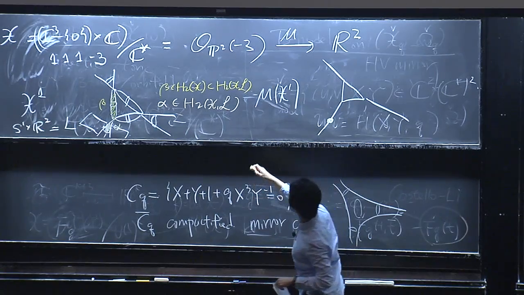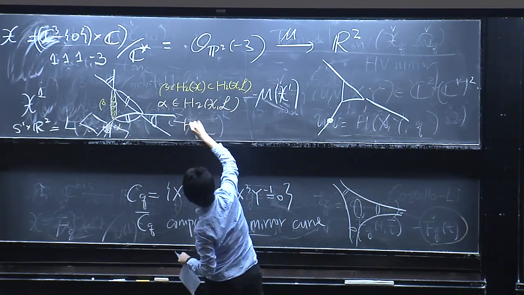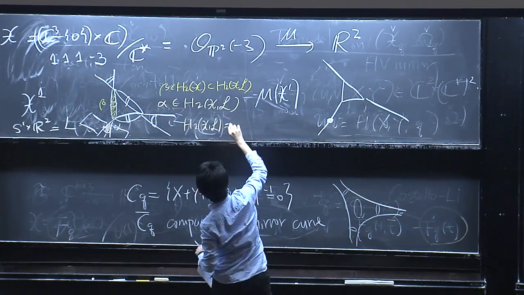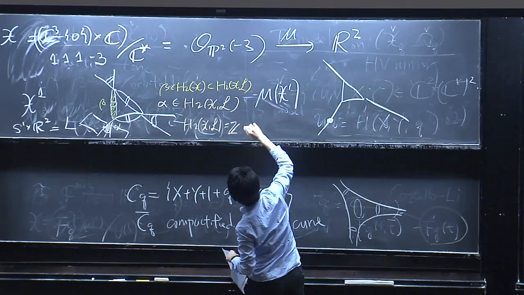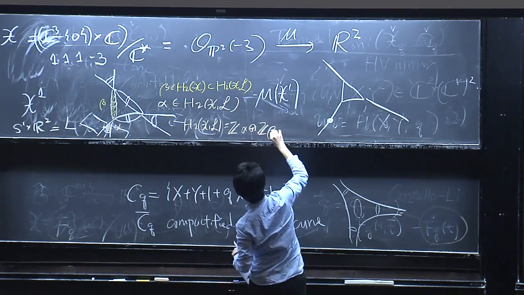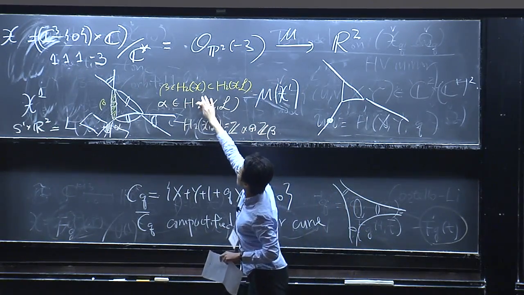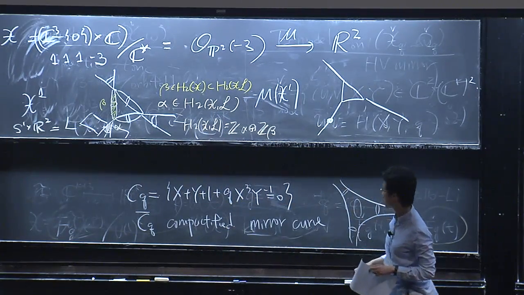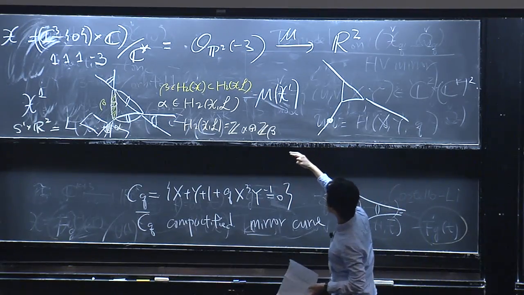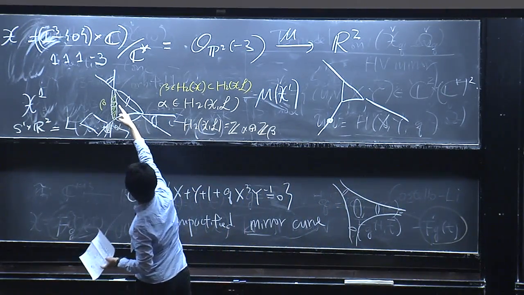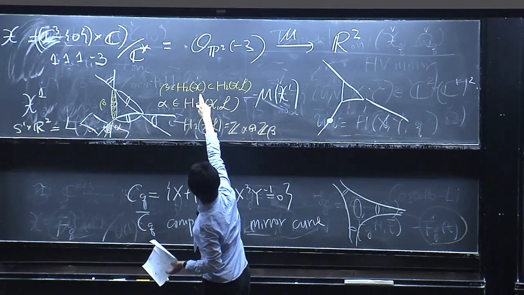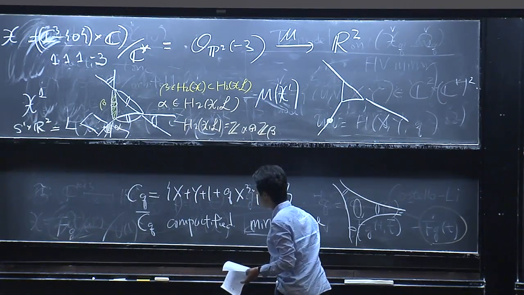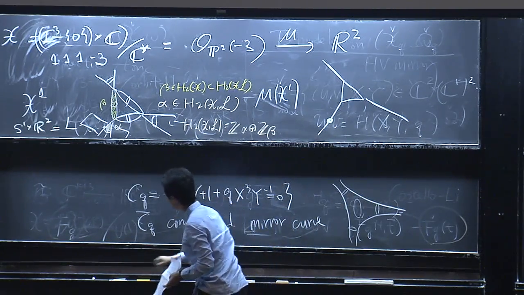In this particular example, this is generated by alpha, where this beta is a generator of second homology with integral coefficient. For a more general case, you will have this alpha, but it will be higher rank, actually rank K, and you will need K generators. But in this particular case,